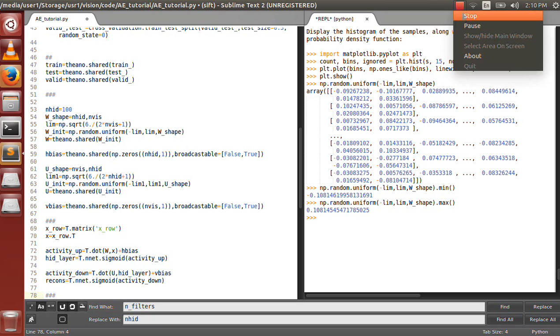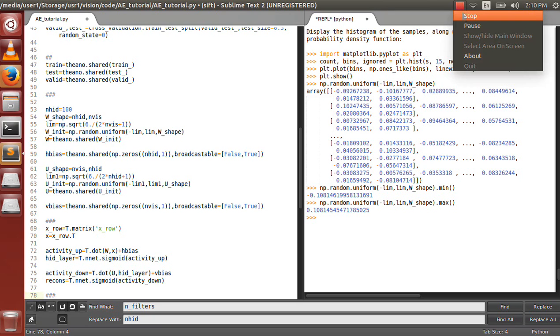But it's easier for me to think about mathematics when I'm thinking about it being done on column vectors. So first I'll do a hack to convert all my row vectors that are present in train, test and valid into column vectors. So let's define x row as a Theano tensor variable, tensor matrix, like so, and x will just be x underscore row transpose, right? So now I can write my model as working on x and think about column vectors coming into the picture.